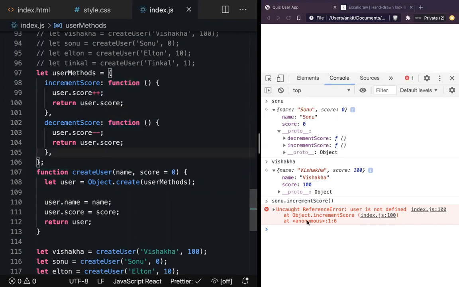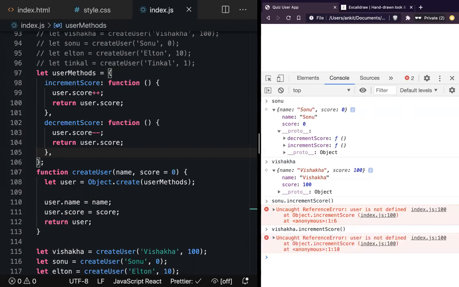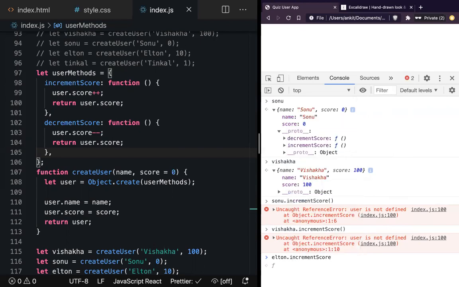But what we need here is, every time I'm calling Sonu.incrementScore and Visakha.incrementScore, think about which data incrementScore needs to act on. For Sonu.incrementScore, you need this method to act on which data? Sonu. And for this one? Visakha. And for Elton, we need to act on which data? On Elton.